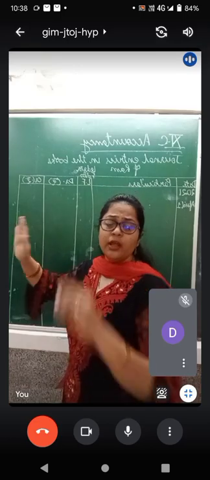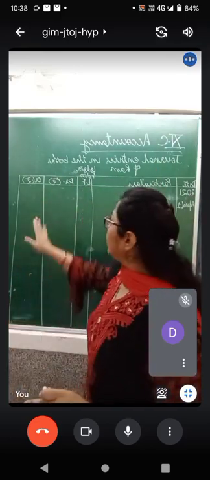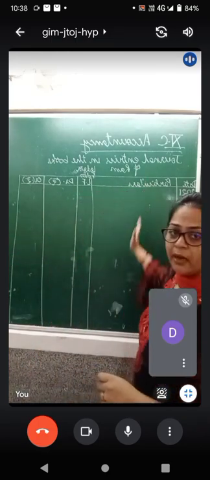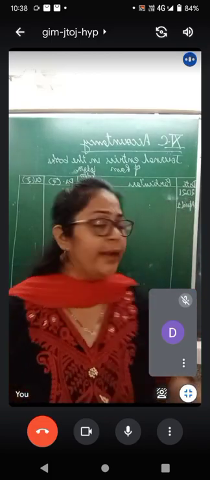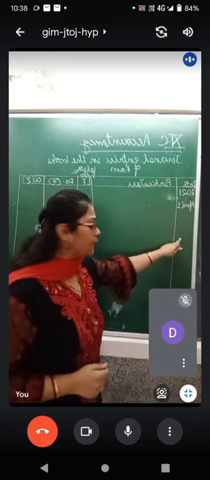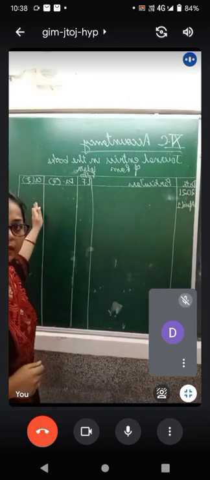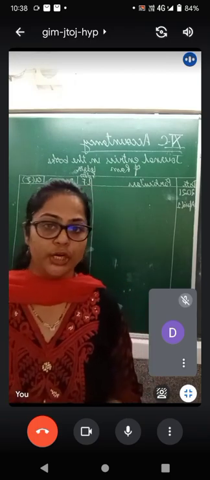So please make these columns and please make sure that the columns are spread on the total page of your register. It is not necessary to leave space after the credit column. So you make use of a ruler, preferably make use of a pencil in drawing these columns. Date, particular, ledger folio, debit amount and the credit amount. Please make this very neatly, then we will read out the journal entries. Make it fast.